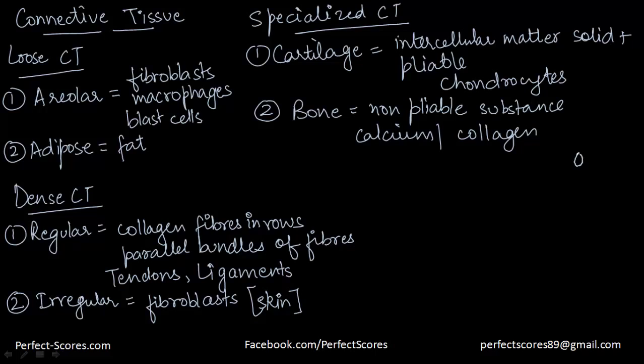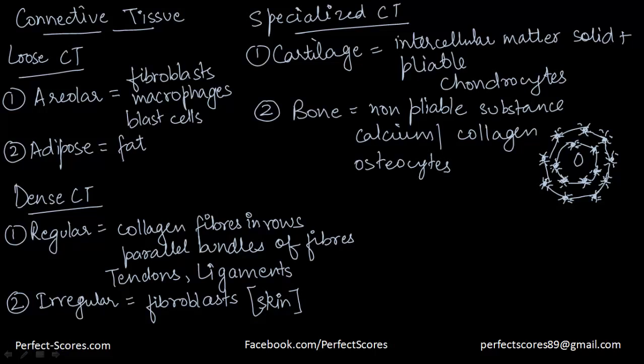So I'll be drawing a rough diagram over here. So here you can see the diagram. That's the main cells that are shown. Now these bone cells are known as osteocytes. These little bug-like things that you can see, that is one osteocyte, and they're present in spaces known as lacunae or lacuna,